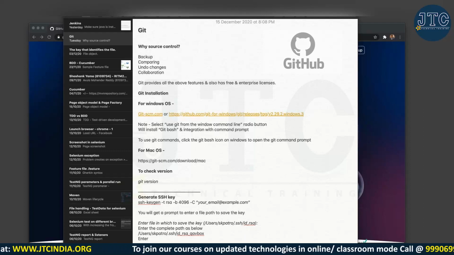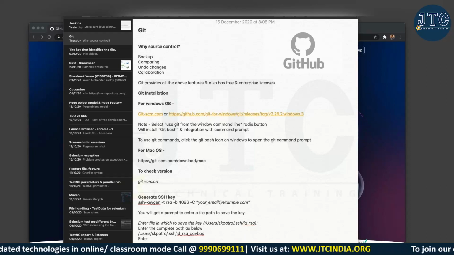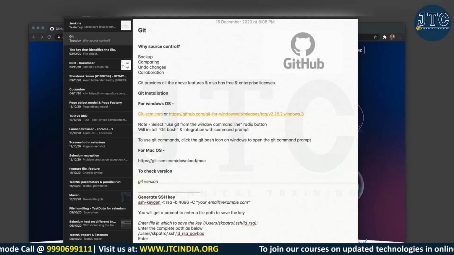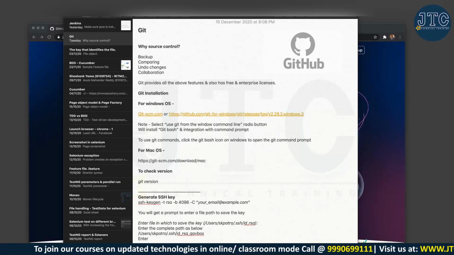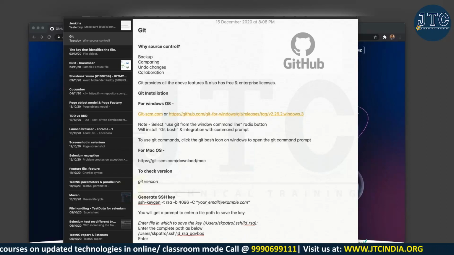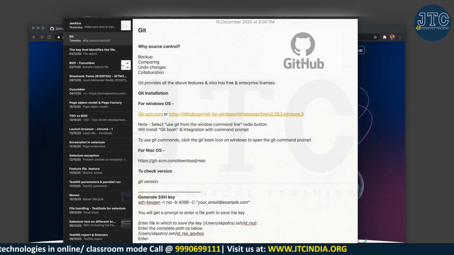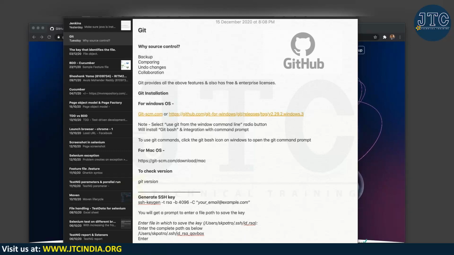Now, why are we learning source control, and why is Git coming into the picture? The thing is, for source control we need certain software or a tool that can help us with all these features. That's where Git comes into the picture. Git is open source, and there is also a paid version. Most organizations, to make it private because they have a huge code base, do a customization.